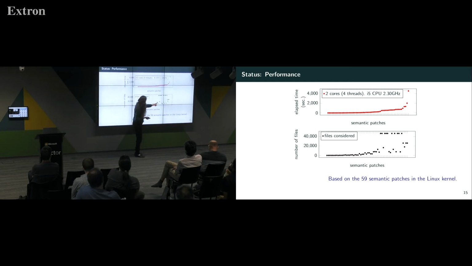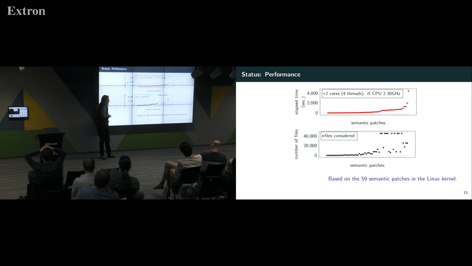Then we have another set over here. You see, in some places we jump up to the very maximum, which is over 40,000 files at that time. These are things that are very generic. If we're doing something with null pointer dereferences, there's going to be null. The word null appears everywhere. There's no point in filtering files based on the word null. These are also cases where the developer of the rule thought it would be relevant to header files as well. So there are more files that have to be considered. But you can see that it actually doesn't take terribly much time. I have no idea exactly how much, maybe a minute or two.